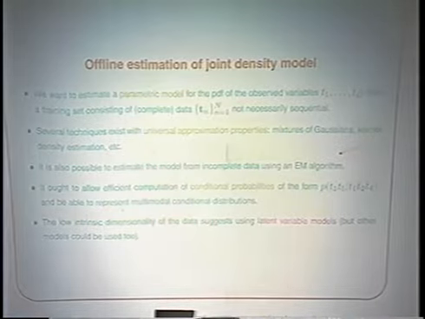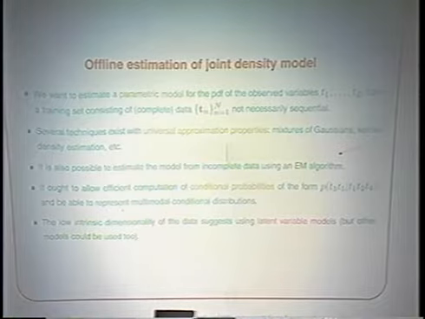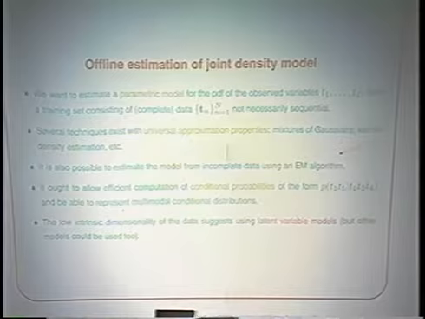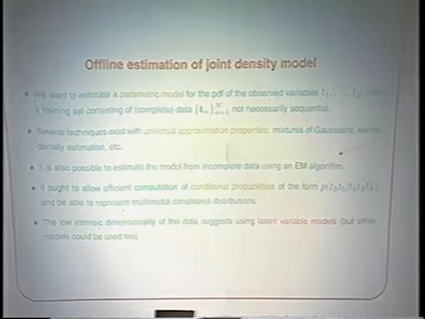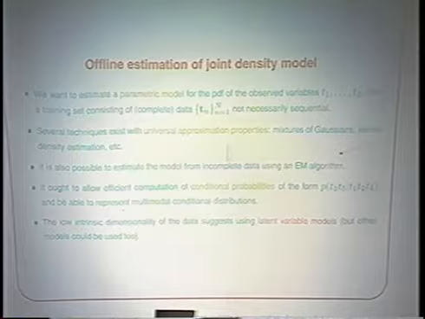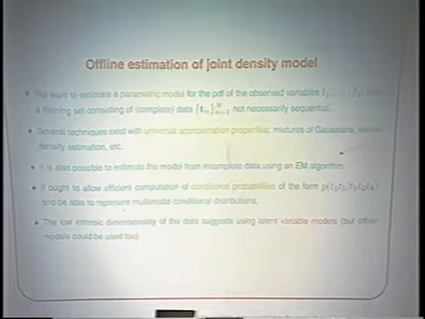Then this suggests using latent-variable models, precisely because they are well suited for that. But I have to say, they are not strictly necessary. You could use a mixture of Gaussians perfectly, because all I need is a joint density for the combined observed variables, and I can use any model for that. I just want to know where in the space of the combined variables it is likely that I have data and where it isn't.